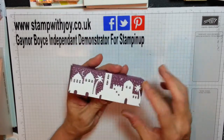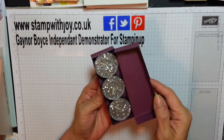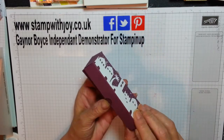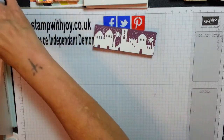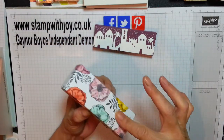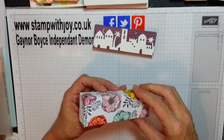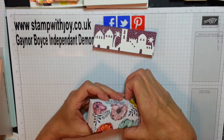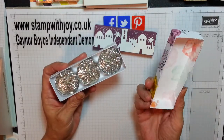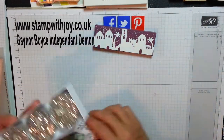You could decorate them using your Thinlits. That's a little box that just opens with itself. And then we've got a new stamp set. I received this stamp set on stage, and I just made this simplest of boxes. I think this is 3 inches by